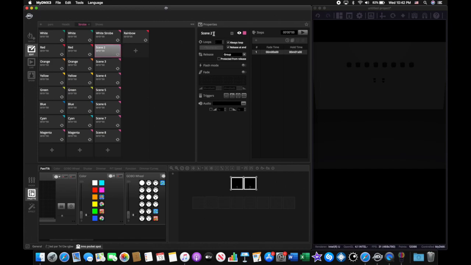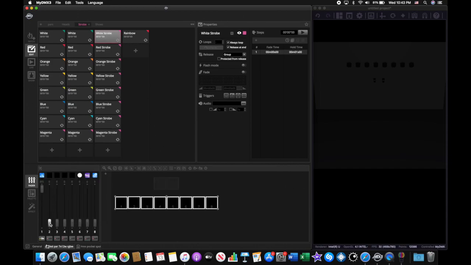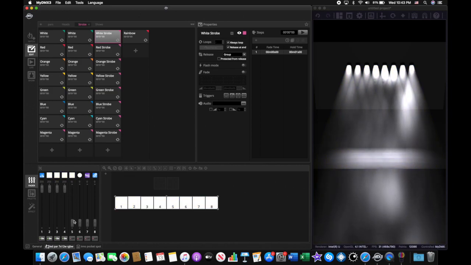white strobe, red strobe, orange strobe, yellow strobe, green strobe, blue strobe, cyan strobe, and magenta strobe. So this gets turned on, this gets turned on, this gets turned on, this gets turned on,